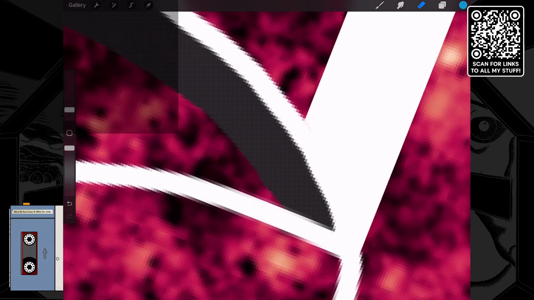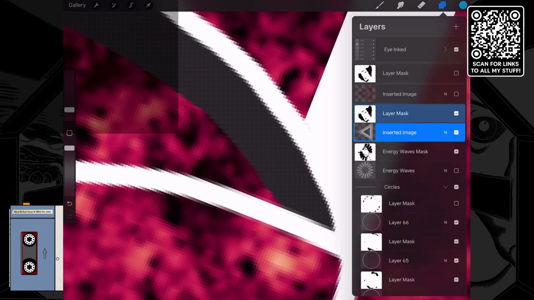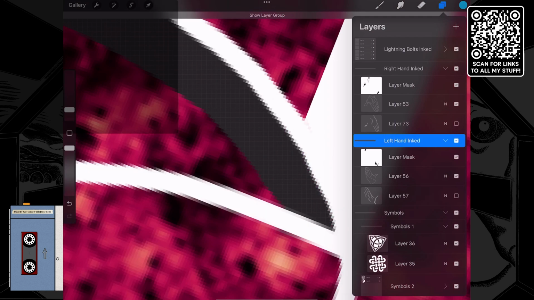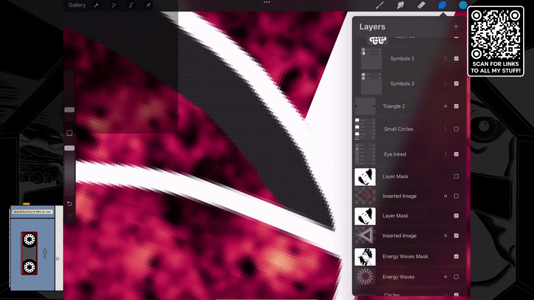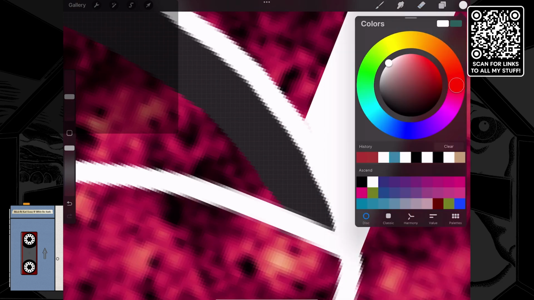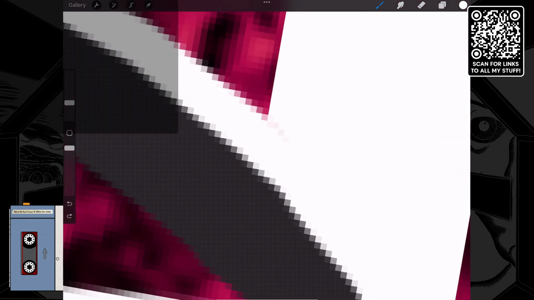Oops, look at that. Where is that? That's definitely in the triangle. But that's interesting. I wonder why the triangle, that's got to be something with the actual hand. Hold on a minute. Why is that like that? Why does the triangle stop? Oh, I have a mask on the triangle. That's why. So I just have to go to white, and I just gotta go here, and I just have to... Whoa, okay. Let's clean that up a little bit, please. Just a bit. There we go.